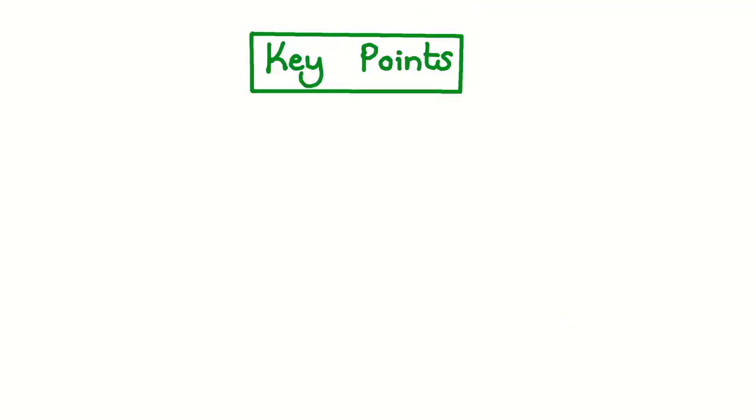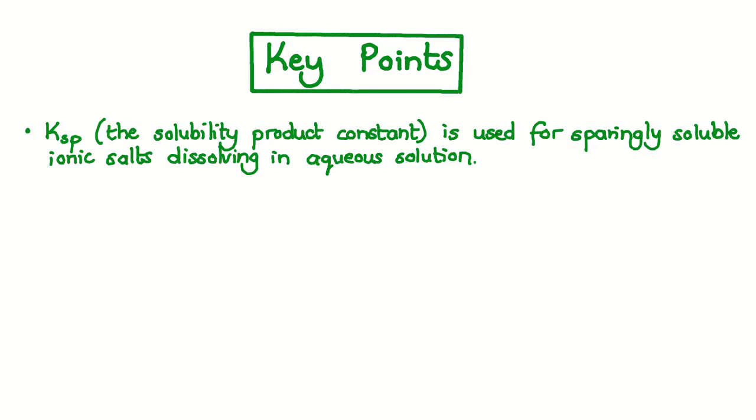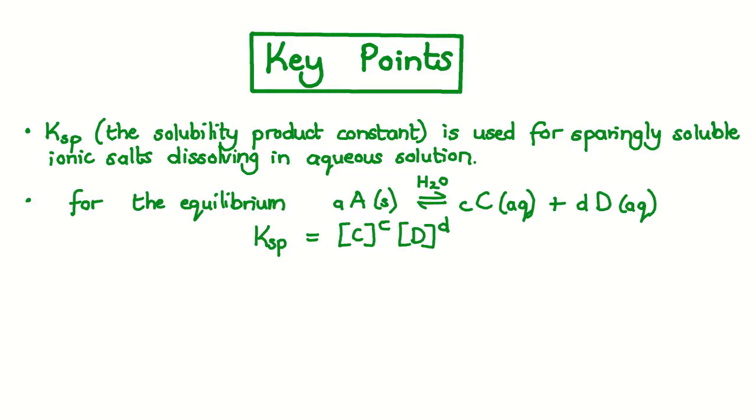Let's summarize everything we have learnt. KSP is the solubility product constant used for sparingly soluble ionic compounds which dissolve in aqueous solution. KSP is an equilibrium constant. For the general equilibrium equation shown here, we get the following KSP expression. KSP is equal to the concentration of ion product C raised to the power C multiplied by the concentration of ion product D raised to the power D. KSP concentrations